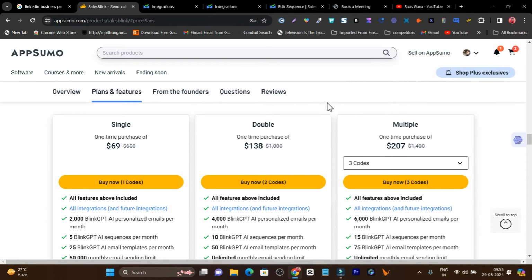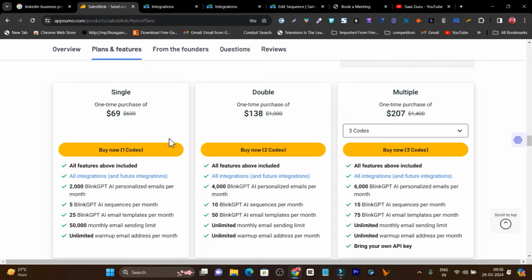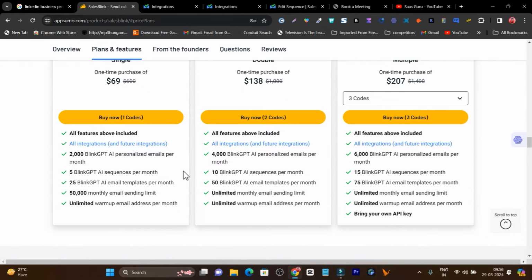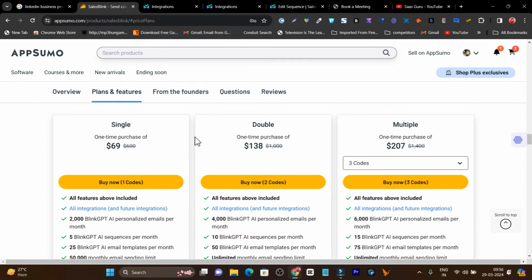So there are multiple plans available. If you're an individual or just testing out the tool, what I suggest is go with the single plan, because it will help you to experience how a cold outreach platform works and what the features are. Okay, but if you have some knowledge and you want to use it as your personal outreach tool,